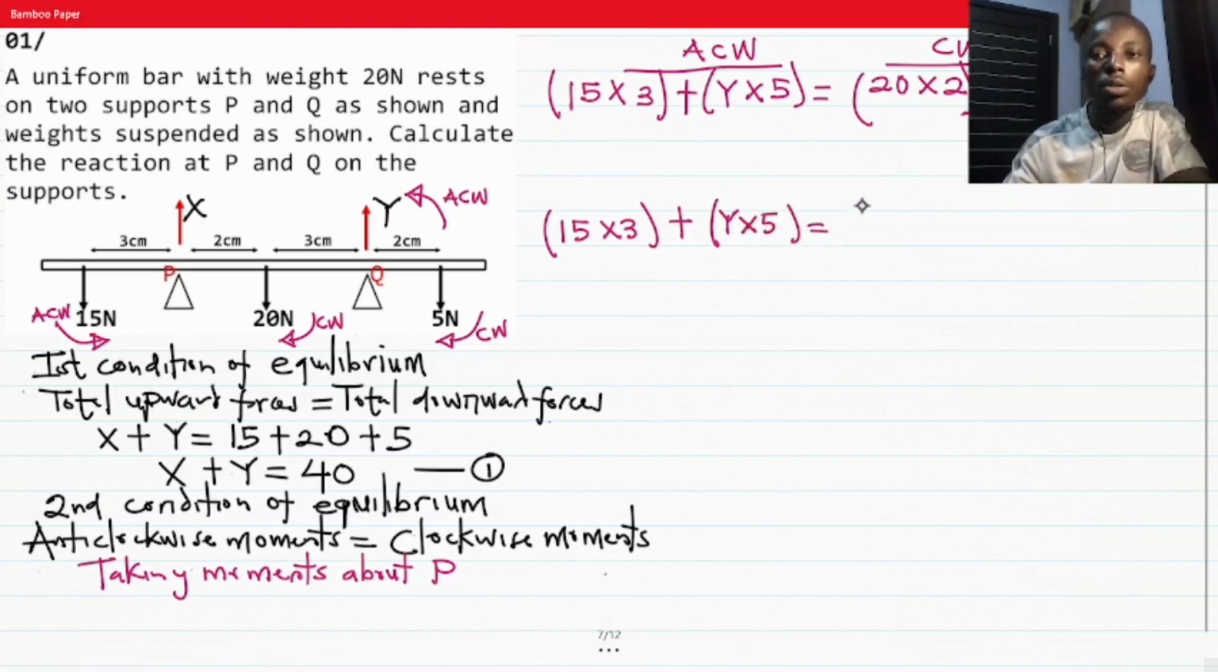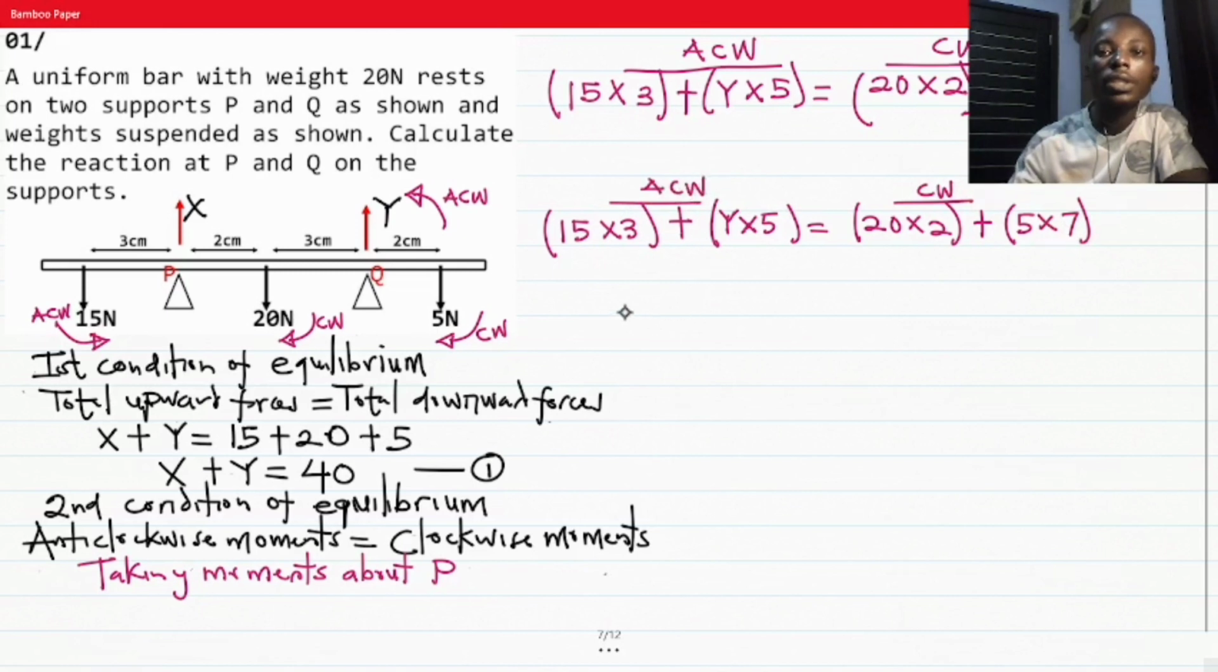equals to 20 times 2 plus 5 times 7. So this is the clockwise, and this is the anti-clockwise. So I can compute this now. I will have 45 plus 5y equals to 40, that is 20 times 2, plus 35. So I have 5y